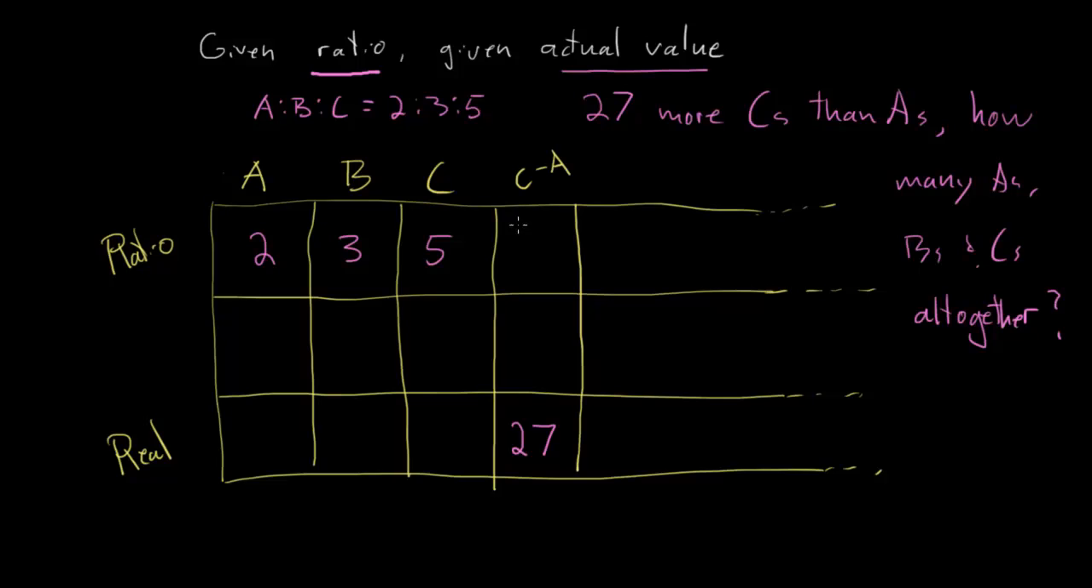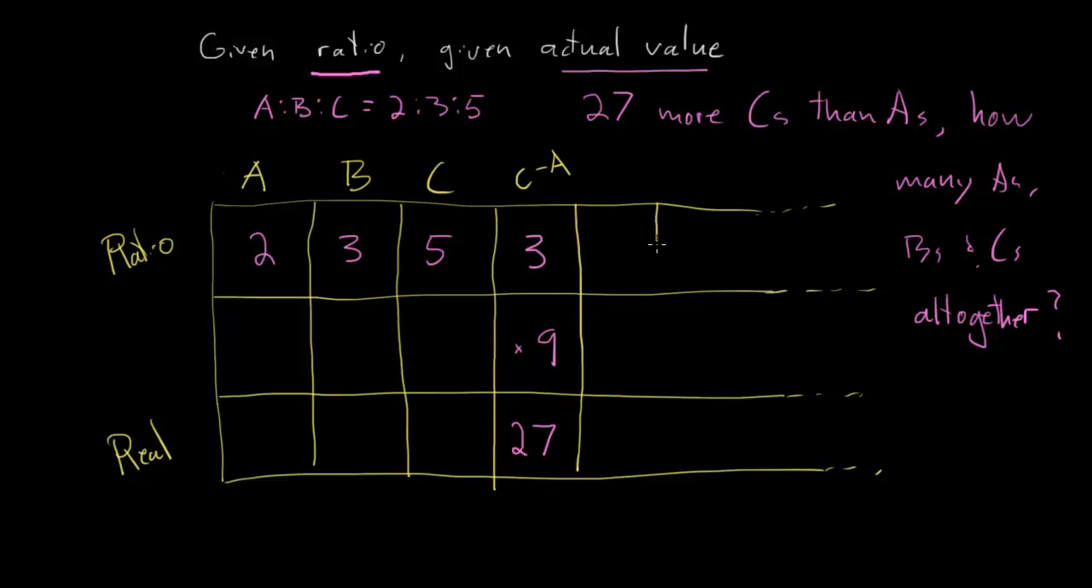And what is my ratio world difference? Again, I just work with the ratio numbers. So C minus A in the ratio world is 5 minus 2, or 3. And once again, we've got two items in a column, so we can get our multiplier. 3 to 27 is times 9. So I could multiply everything across and get all the totals here. Certainly that would be a good way to solve it, but to take full advantage of the chart, we can